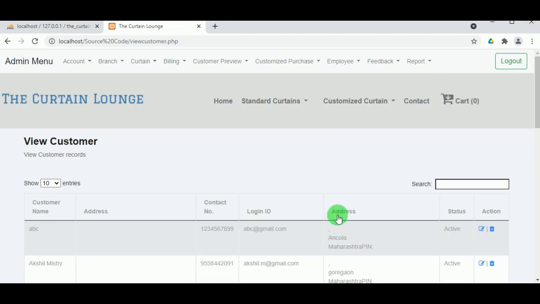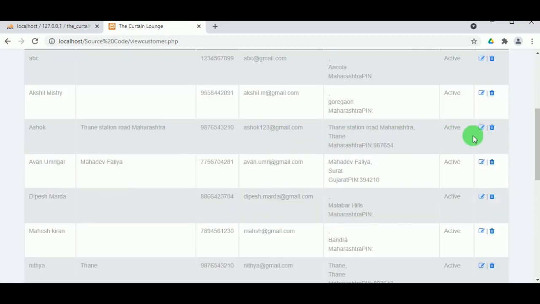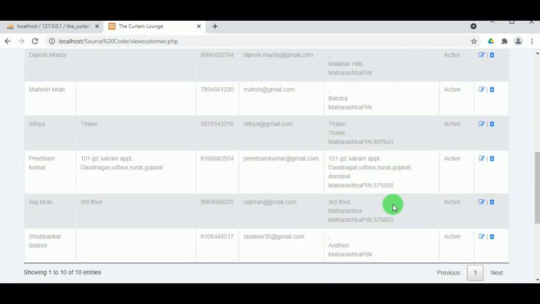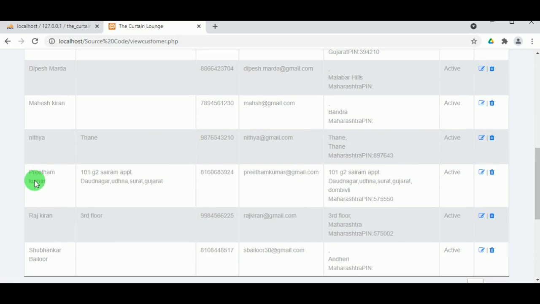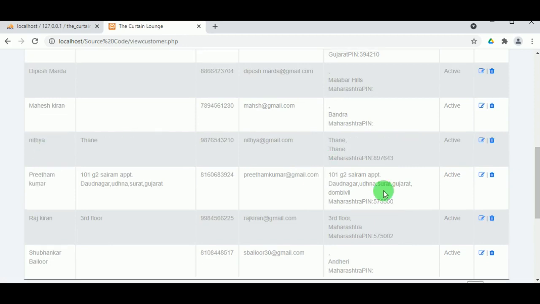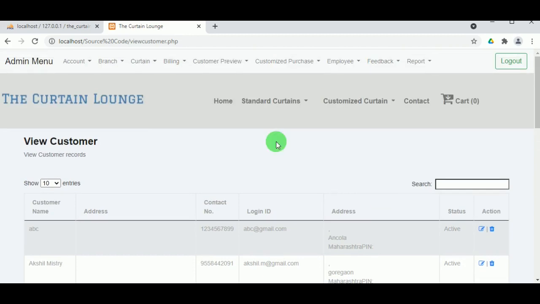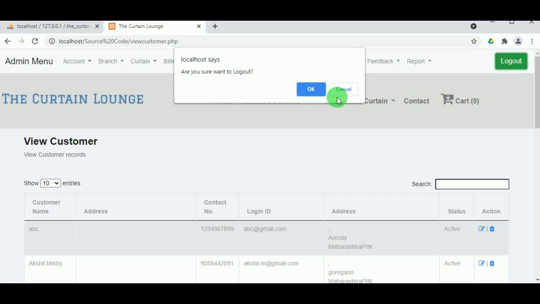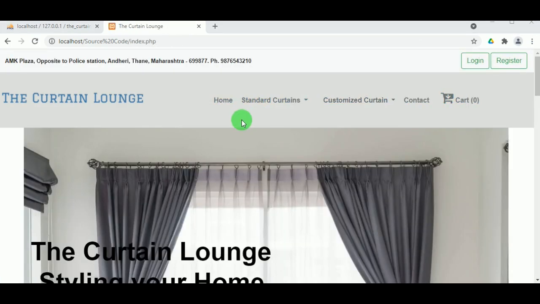And for all the different views, it works in the same way, that is using the select query. So you can view in view customers, you can view the different customer details, and again there is edit and delete option. So this also works in the same way, where you have to fetch the data from the customer table. So we have explained most of the coding here, and most of the codes which we have not explained are in a similar way.